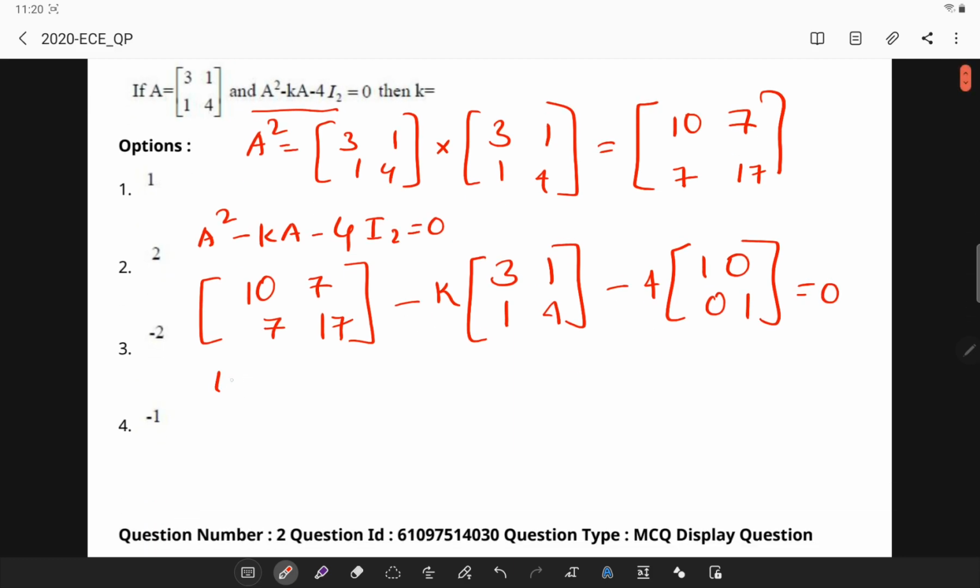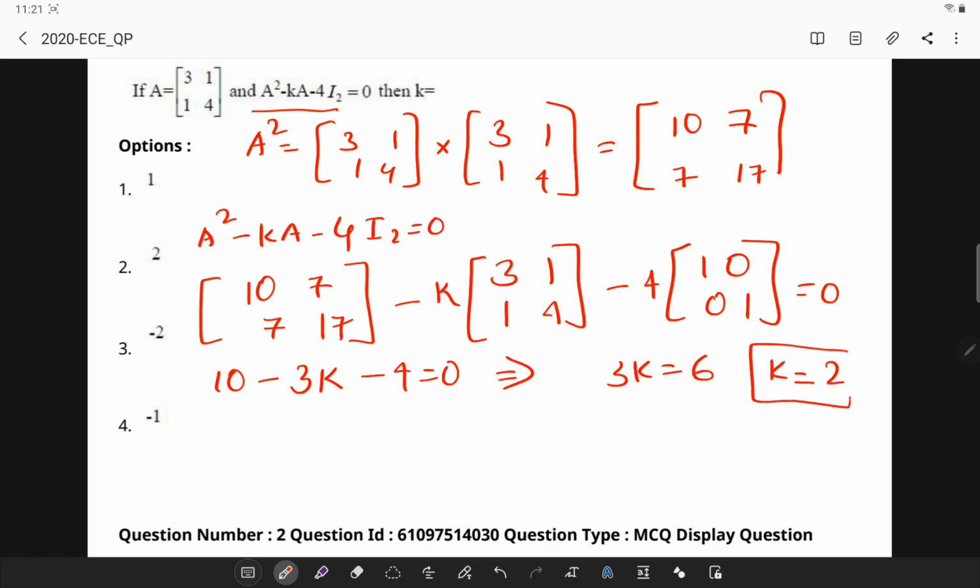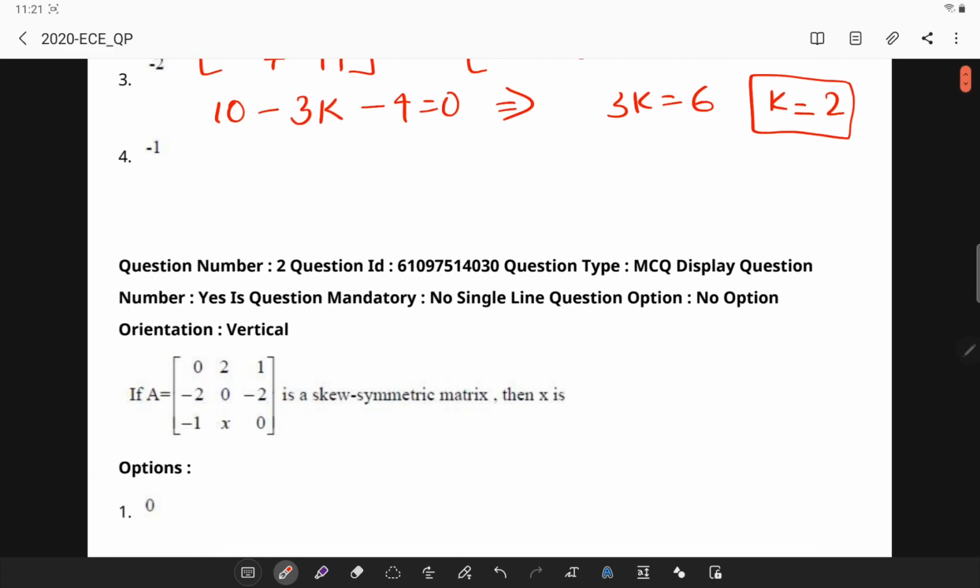So I'll directly take the first one. 10 minus 3k minus 4 is equal to 0, which implies 3k is equal to 6, or k is equal to 2. So the answer for this is k is equal to 2. So next,